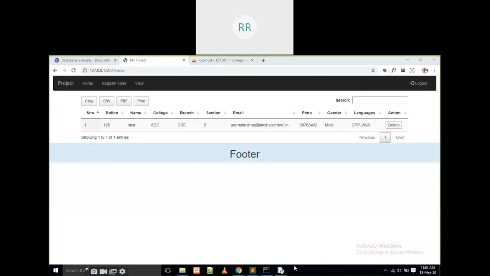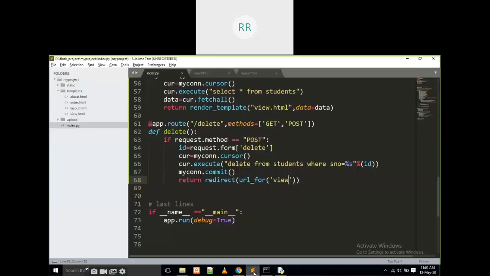Is it clear up to this? What I am doing? How to delete dynamically? Is it clear or not, everyone?